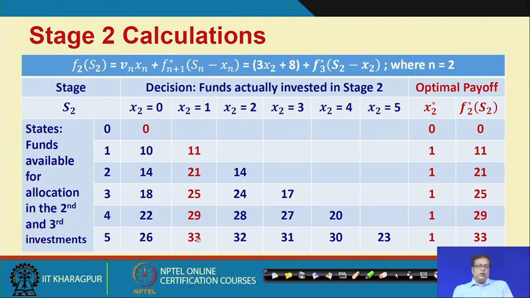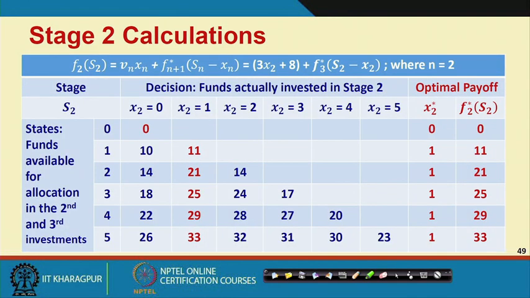Now, you may be amazed to see that all the optimal values are at x2 equal to 1. There is no pattern in this, incidentally it has happened here. It does not mean it will happen in the next problem also. In fact, we have taken a second problem, it does not happen there. So, there is nothing to think just because here a certain column has become optimal, nothing like this.